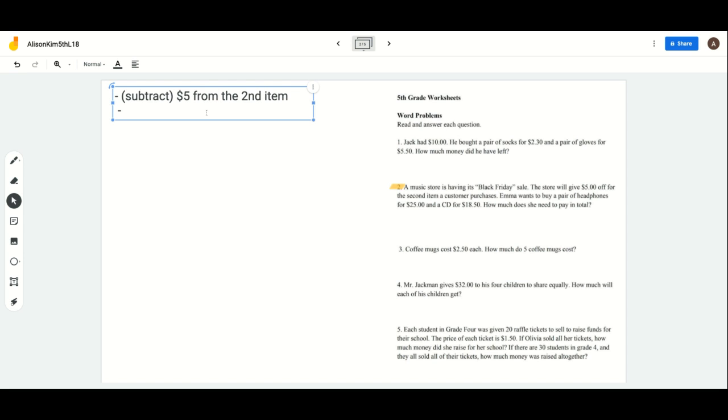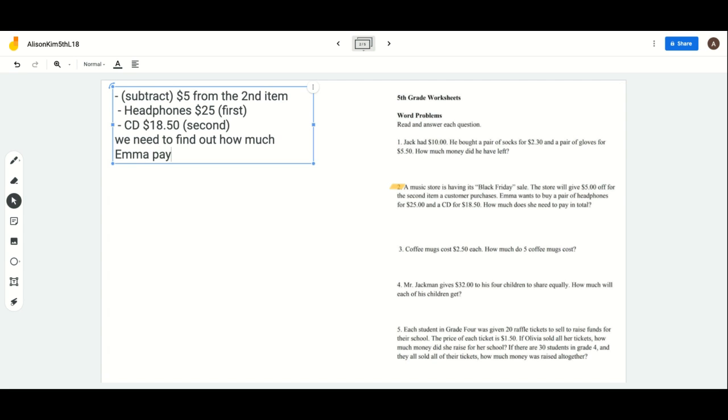Now, it says that headphones were $25, right? And that was the first item that was mentioned. So that's where we're going to put that as our first item. And then it says that the CD was $18.50. And that's going to be our second item. And we need to find out the total amount. So we need to find out how much Emma